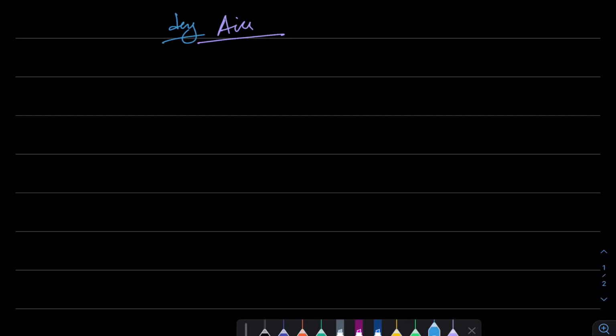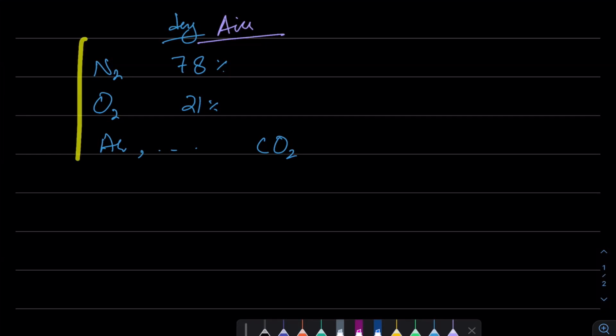And the composition of dry air is that we say nitrogen is around 78%. Sometimes we say 79, but 78 is acceptable. Oxygen is 21%. The third most abundant gas is argon. And then we have the rest of it. There is carbon dioxide, which is an important part of the air. Now, these are the things that are naturally in the air, or इनका होना कुछ गलत नहीं है उसमें.